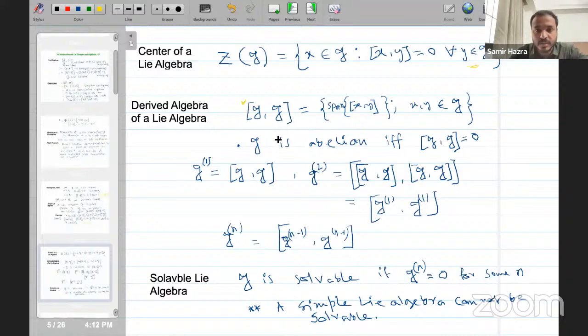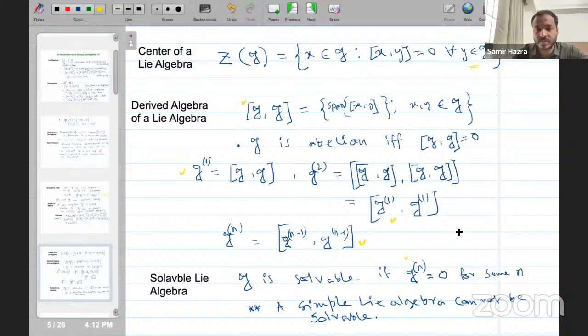So clearly, G is abelian if and only if [G, G] is 0. Fine. So now we want to call it G^1, this notation. Then we can inductively define G^n. Okay, so G^2 is [G^1, G^1], and then G^n can be defined to be [G^(n-1), G^(n-1)]. So then G is called a solvable Lie algebra if for some n this G^n becomes the trivial space,